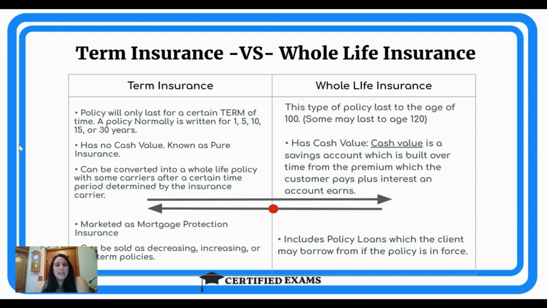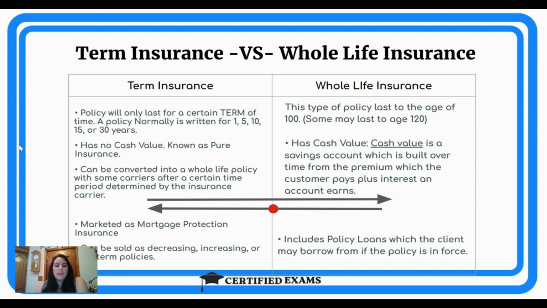So how do we mostly market and sell term insurance policies? Mostly as mortgage protection. So when people say mortgage protection, they're looking for mortgage insurance. This is usually what it means. All right. Now, can somebody buy a whole life policy and have that be their mortgage insurance? Yes. However, that is not how it is sold. That is not how we talk about it. And when we're talking about mortgage insurance policies, they typically want a 15 or 30-year term, whatever number is going to match their mortgage. Okay, guys?